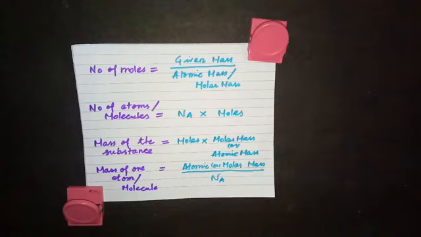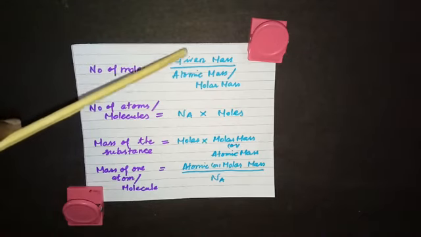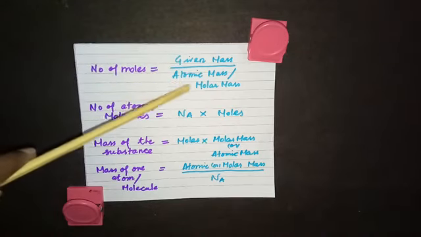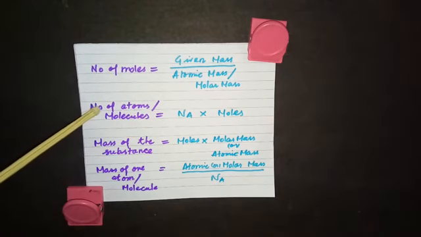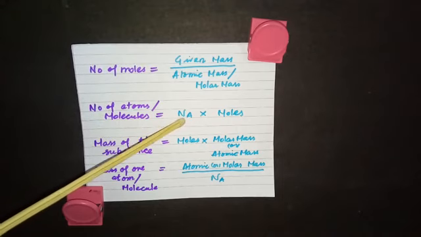Guys, in the previous video we have seen the mole concept and the relationship between mole and mass. So we stopped with this formula, so we'll start with the same formula now. If you want to calculate the number of moles, you have to divide the given mass by the atomic mass or the molar mass, depending upon whether atoms or molecules are given. If you want to calculate the count, which means the number of atoms or molecules, multiply the Avogadro number with